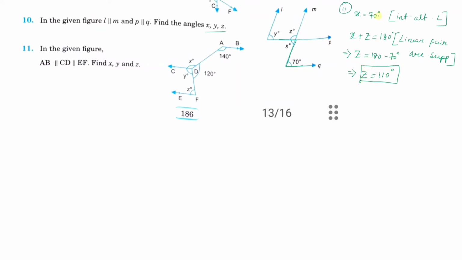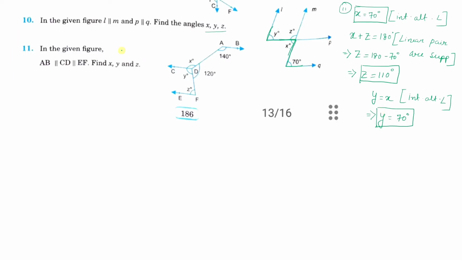Next we have to find the value of y. So y and z are forming co-interior angles. Look at this, or you can use this property also. Here a Z-like structure is being formed, so y will be equal to x, or you can use this property y plus z equals 180. Use whichever you wish. So y equals x. The reason will be interior alternate angles. Value of y will be 70 degrees. This one was easy. Okay, let us move to next one, that is number 11.